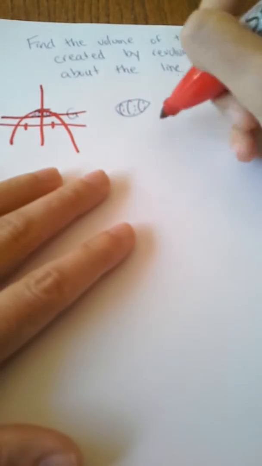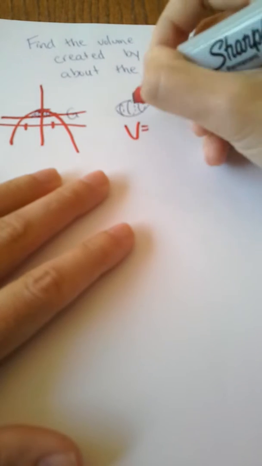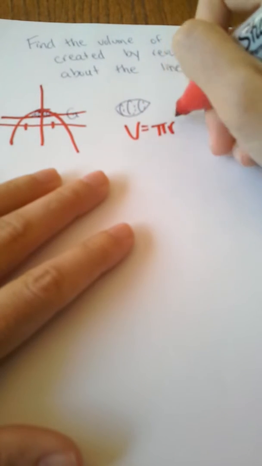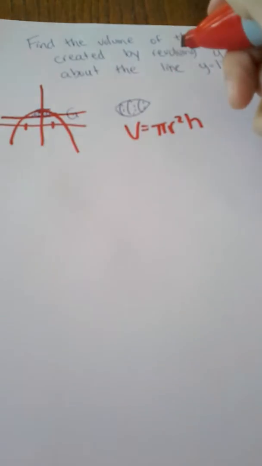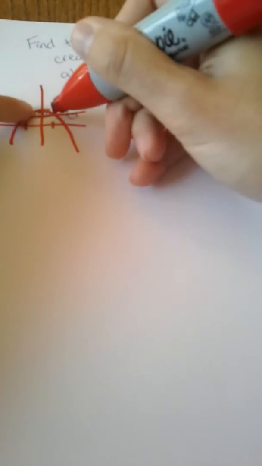So we're still going to follow the volume equation of V equals pi r squared h. The only difference is that we're going to need to find our limits of integration this time, and our r is going to be a little bit different because it doesn't go all the way to the x-axis. So let's go ahead and get started. Volume equals pi integral,